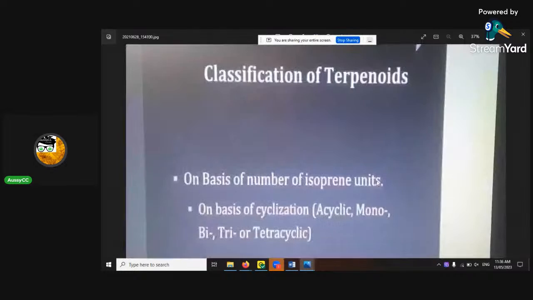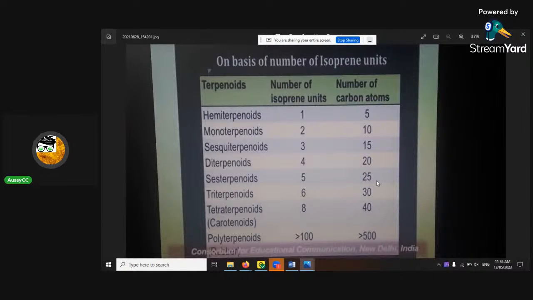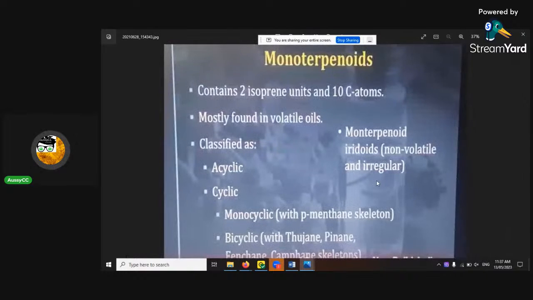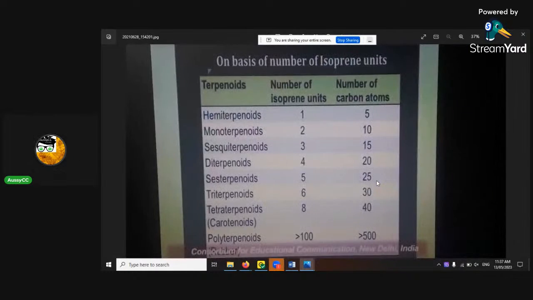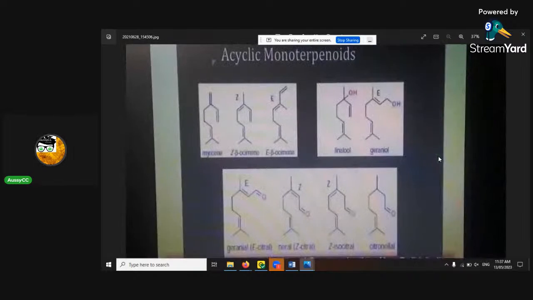So this is how the terpenes get their classification, through the isoprene units. Then under that, it breaks down into what the classifications are. Under monoterpenes, they have 2 isoprene units and 10 carbon atoms, as you can see there. That's how they're all rated. Their classifications are all different, they're made up of different things, they break down differently, and their molecular structure is all different too.